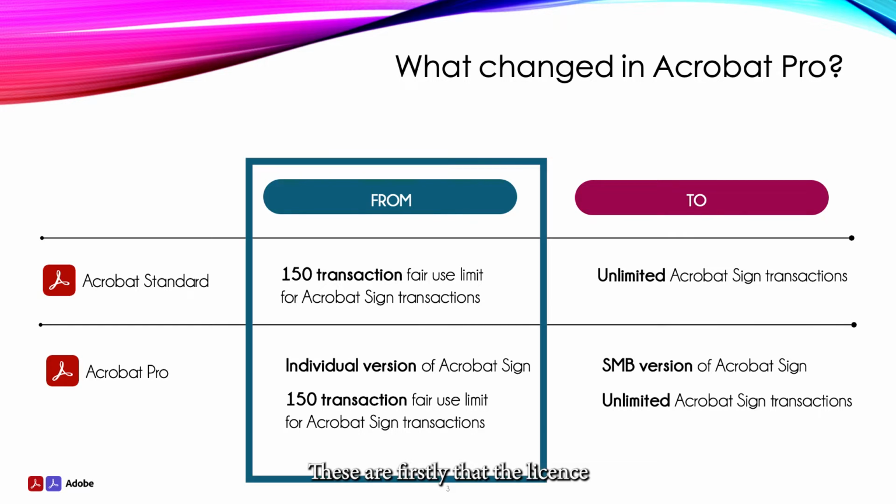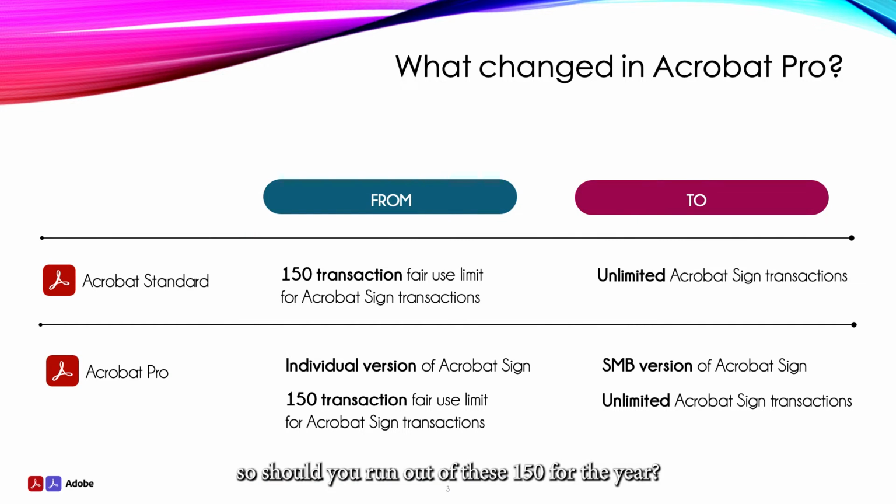These are, firstly, that the license of Adobe Acrobat Sign inside Acrobat is only for individual use. And secondly, whether you've got the standard or the professional version, there are only 150 transactions or envelopes that are available to you. So should you run out of these 150 for the year, there is no way for you